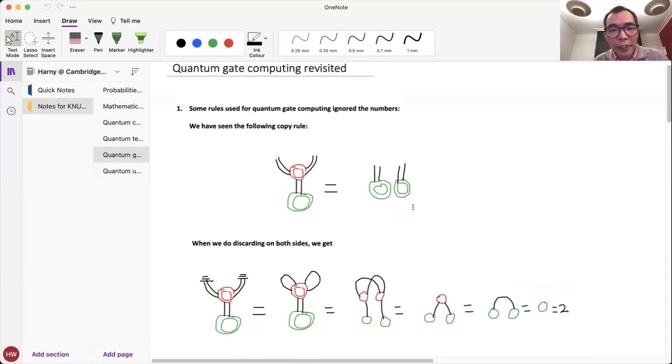But to do this, we need to check. Because before we ignored all the numbers, now we want to check whether the rules we had before are